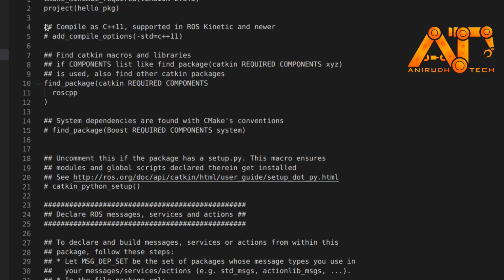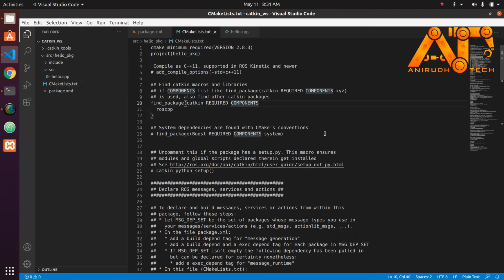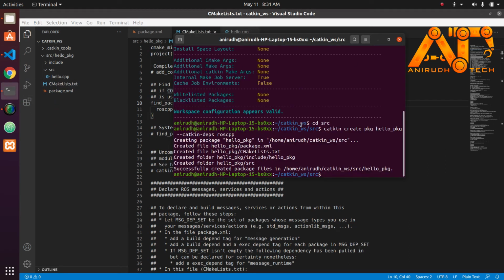And if you need a new compile system, you can just uncomment this. If you need a new compile version, then you can just uncomment this. Okay, and you can just save it. Okay, so now we want to go to our terminal and we want to build, and we want to call